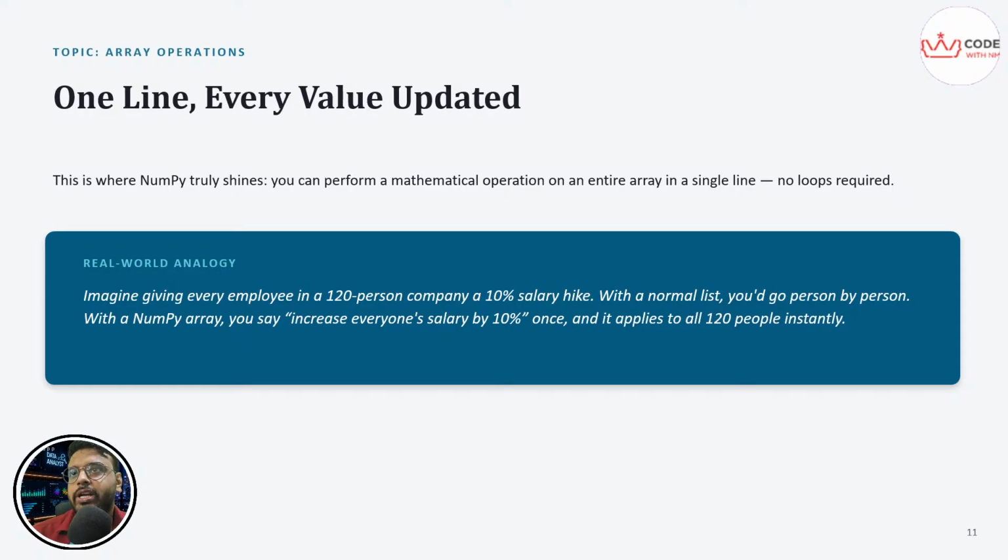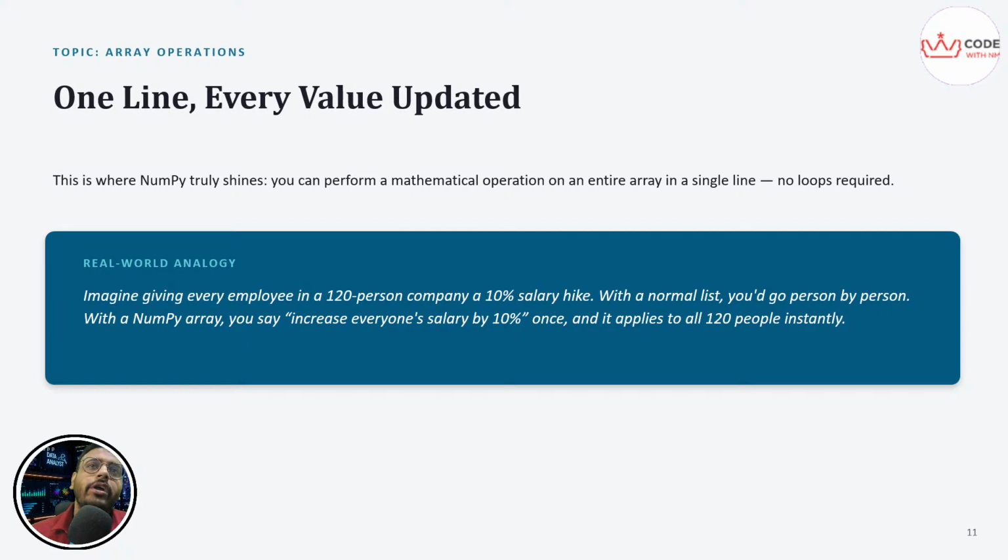Yes, but in array operations, that is where NumPy truly shines. You can perform a mathematical operation on an entire array in a single line. No loop is required.